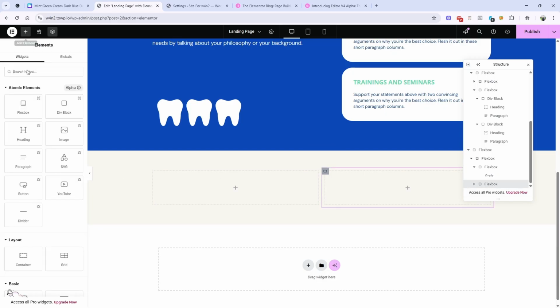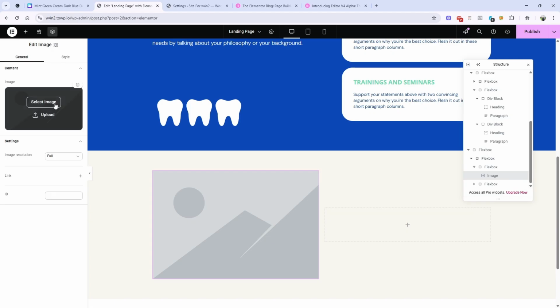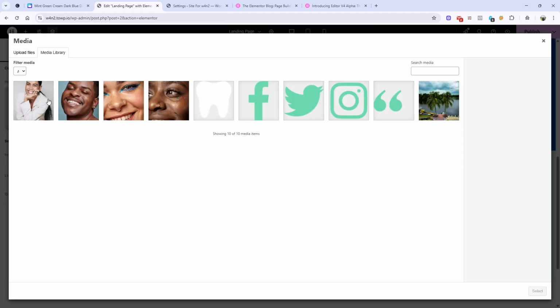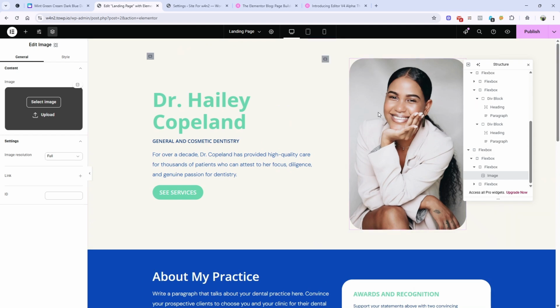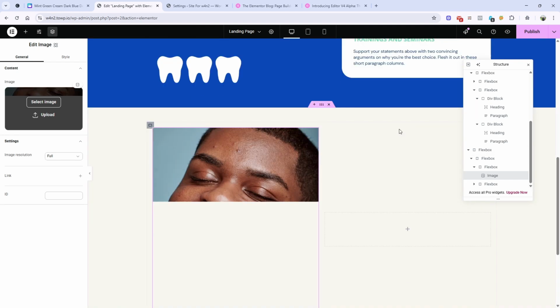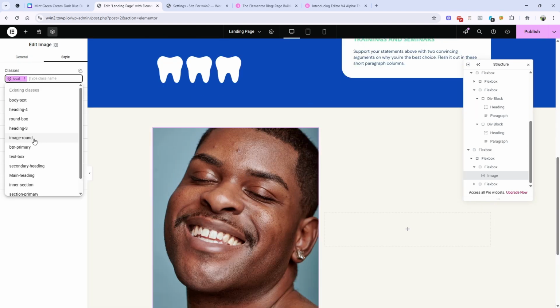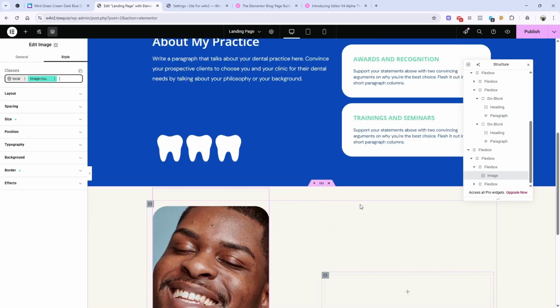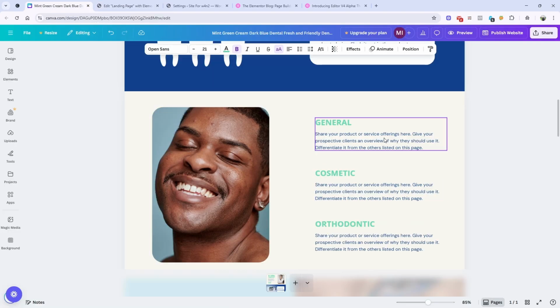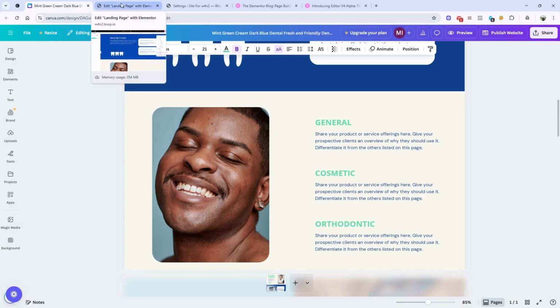Cool. Now I will add an image widget. Select the image. So we have an image class added in this image, so I can simply select that one, image round, and you see that it still got applied pretty fast. Cool. Now next is the right one, the right area. So in the right area we have heading and we have text. We can also design it pretty quickly,